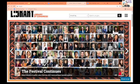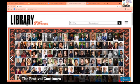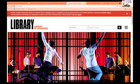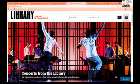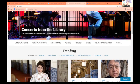I also wanted to talk about probably one last thing before we go back and just wrap this up. If we go back to the Library of Congress page, something I really like is digital newspapers. And if you've not looked into that as part of an NHD project, I would highly recommend at least